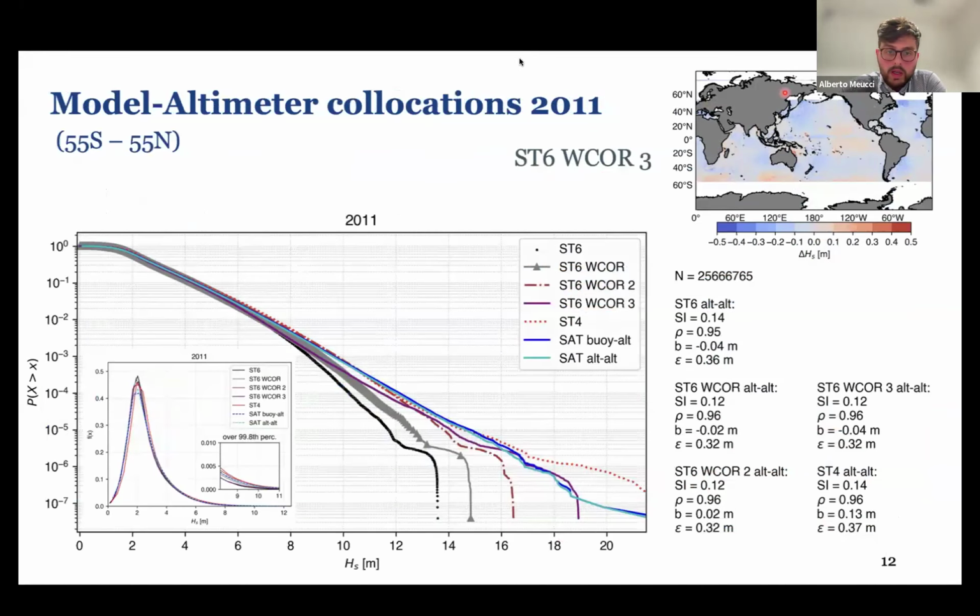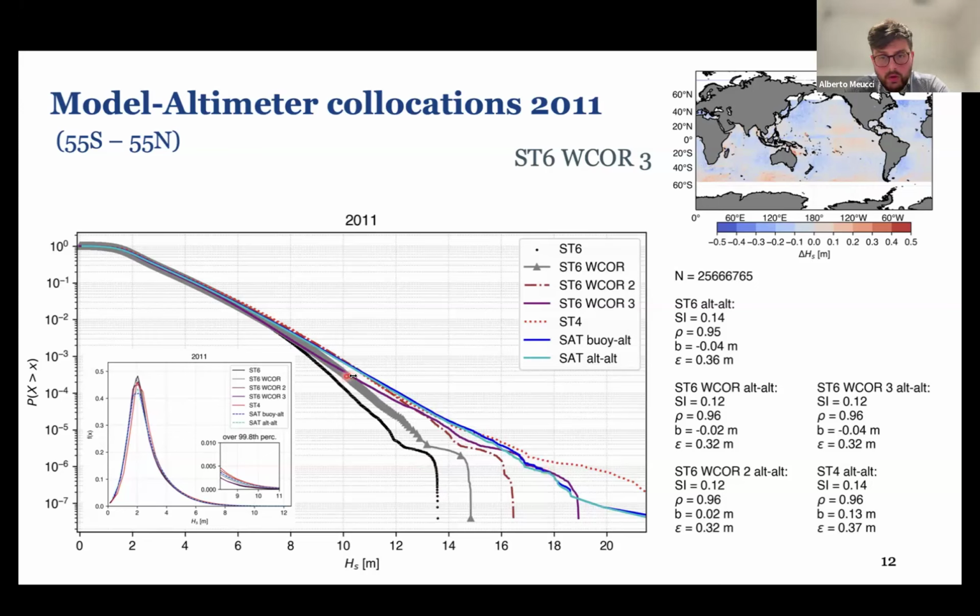So with a semi-logarithmic scale, but this time for the waves all over the globe. And so what happens here? I just chucked out the two polar regions, ran the collocations, and then pooled all of these values together. What you can see here is that our original ST6 run, the dotted line, is the one with the drag coefficient factor of 1 and with the ERA5 forcing, was staying pretty low compared to the blue lines here, the violet and blue lines of the